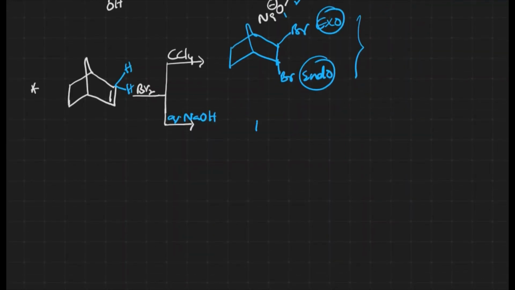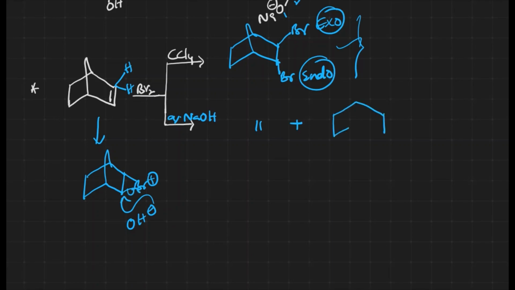And along with this, in the first step we have the bromine. After formation of the cyclic bromonium ion, we have two possibilities. What are these two possibilities here? With bromide ion, we'll get this product over there. And with OH minus, we'll get the other product. What is that? This is going to be this one, bromine and OH. Okay, this is the product.